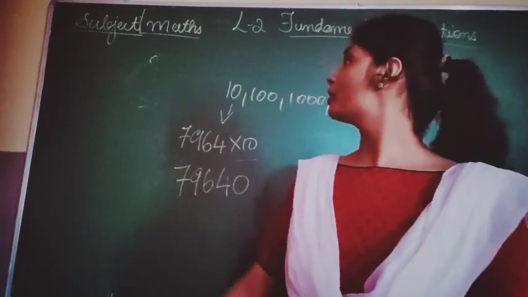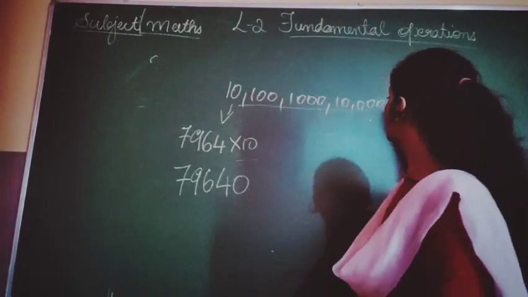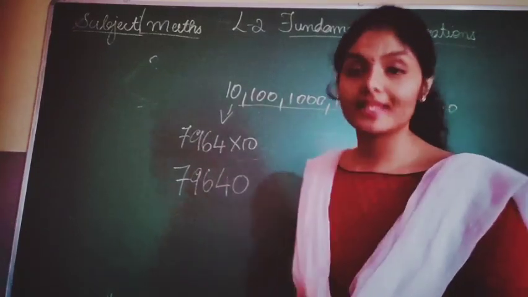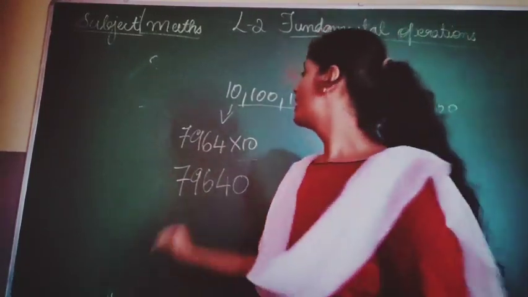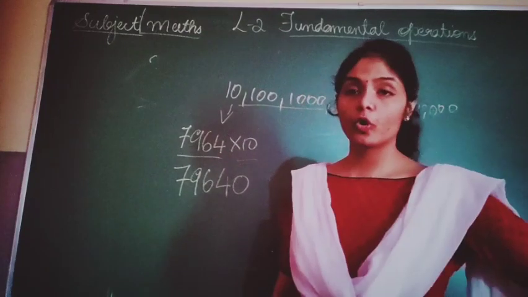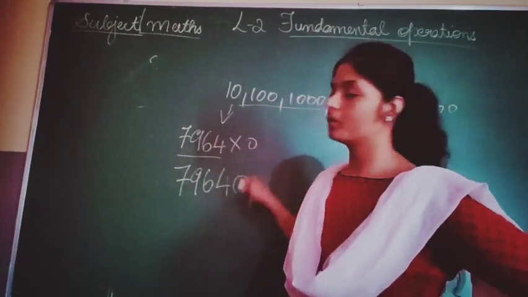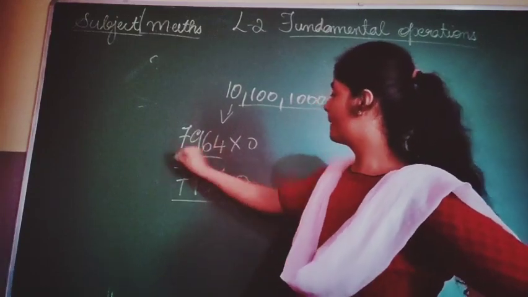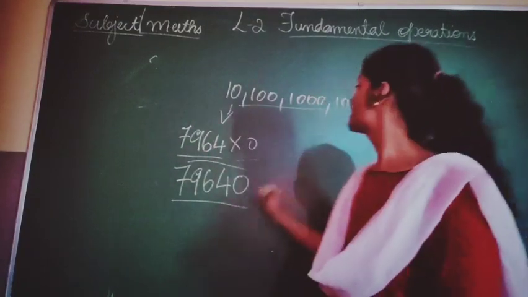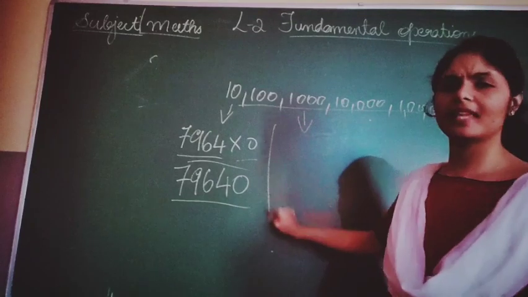Instead of going and multiplying each number, then bringing it down, then adding it, this is a simple way to multiply with all the zeros like 10, 100, 1000 and all. Now you have 7, 9, 6, 4. The easy way to multiply is in 10 take out 1, put that 0 and take the whole number. Got it?